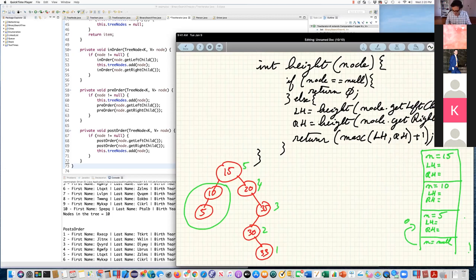Okay, so this returns a 0, okay, to 5. So it says the left height is 0, and it goes to measure the right height, the height of the right subchild of 5, and it returns a 0, right? So now 5 has the information it needs to measure its own height, and it says my height is the maximum of the left height and the right height plus 1, which means it returns a 1 to here, meaning that the left height of 10 is 1,